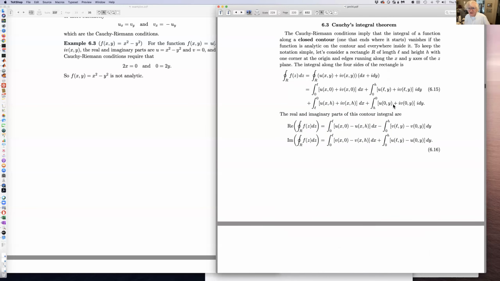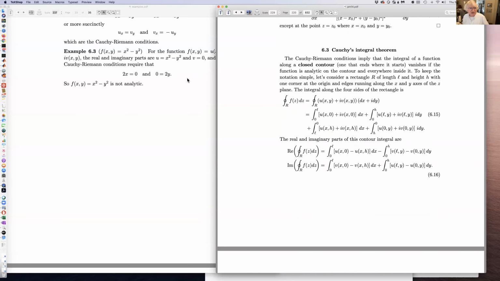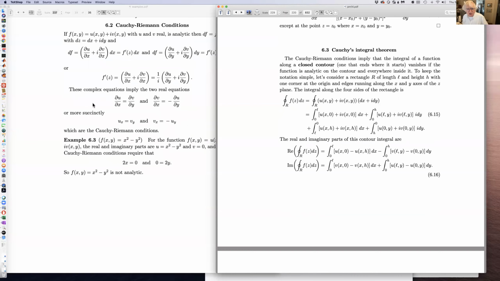Those successive steps apply to a function f of z that actually does satisfy these Cauchy-Riemann conditions. So what we find is that if the function f satisfies the Cauchy-Riemann conditions in a certain region, and we have a contour,